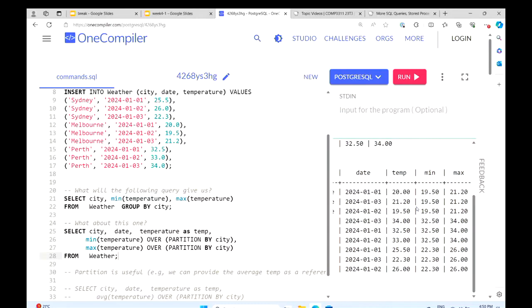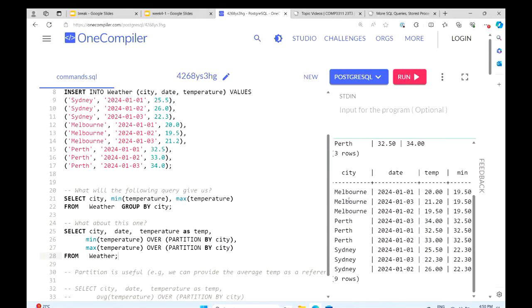As you can see, we are augmenting each row with some group data. For example, if we select one row from this table, we can get the temperature in a particular city on a particular day, plus the minimum and maximum temperature of that city as a reference, as an augmentation.